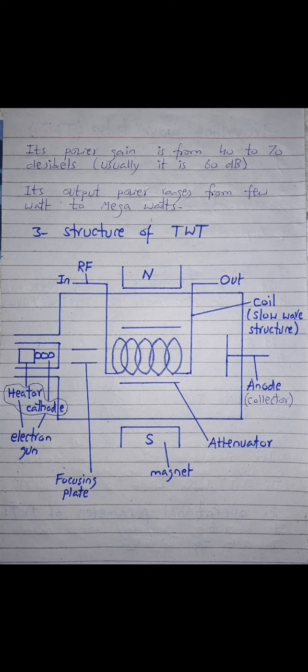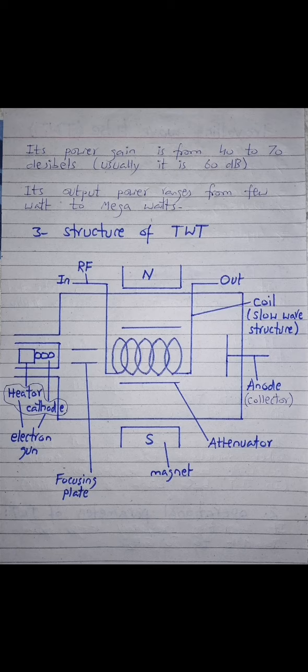So we can say that the velocity of the radio frequency signal must be retarded if the interaction between the two is to take place. This is usually done by a waveguide or by a helix, which we also call a spiral of wire. We pass the radio frequency wave through the helix to retard the velocity, and that is why we said that a slow wave structure can propagate the microwave signal at approximately the same speed as electrons.